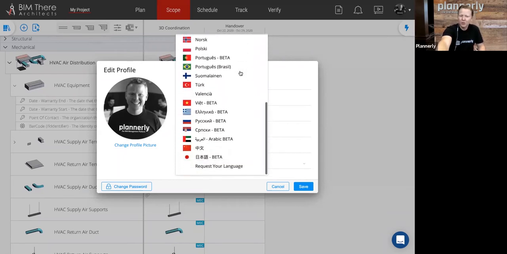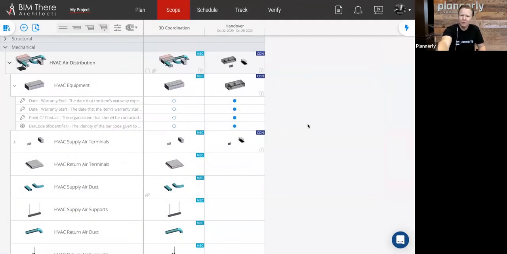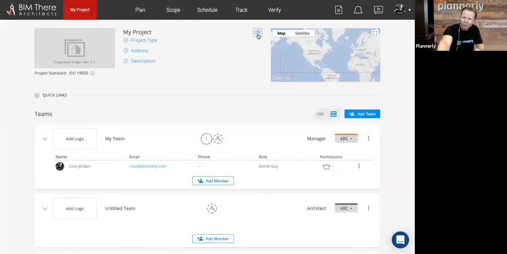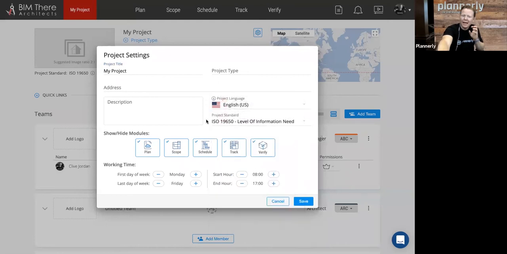So as you are moving around on projects in different places, you might need to support a different language, or you might need to support multiple languages. So being able to change your profile settings and also change the project language as a whole. If we go into here, we can change the project language, and that will change the element names and change the way that we work.